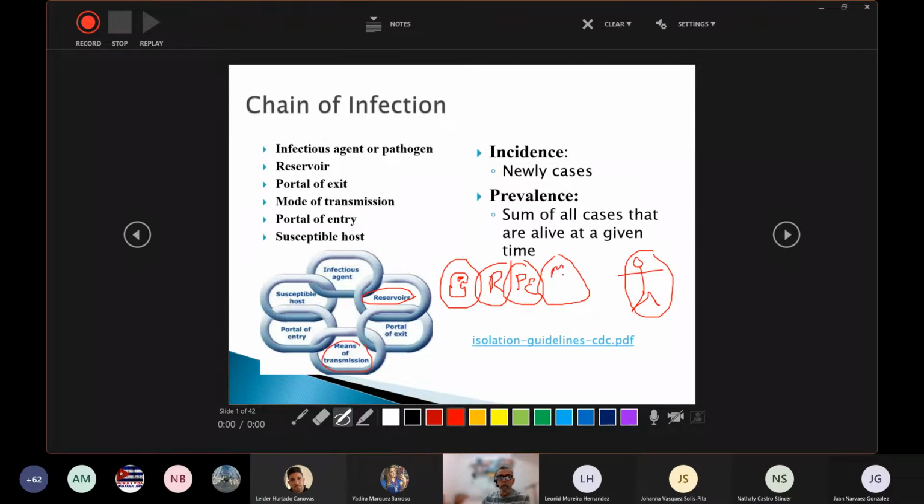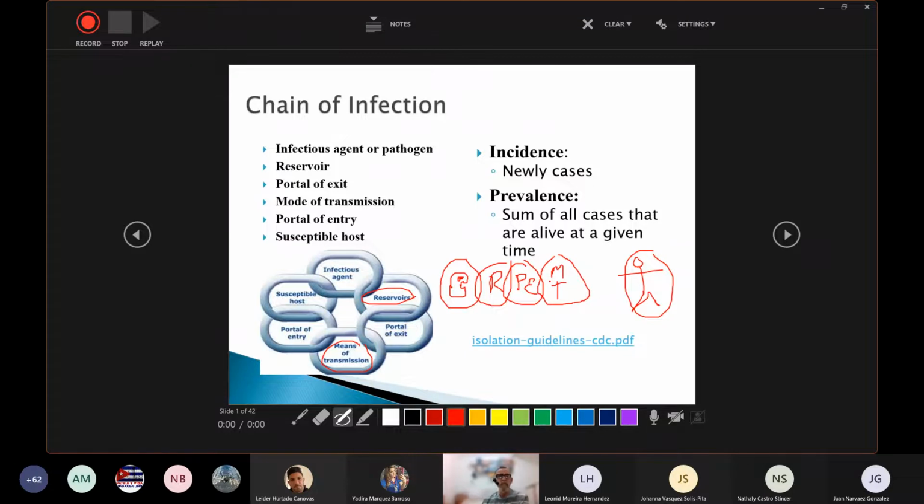The mode of transmission could be through the air, which are, by the way, the most infectious diseases; the diseases that are caught through the air are very contagious. Could be through contact with fomites, through sexual activity, or drinking contaminated water. So it is important to know the mode of transmission, because knowing it, we can break this chain. Understand that any link of the chain that you can break